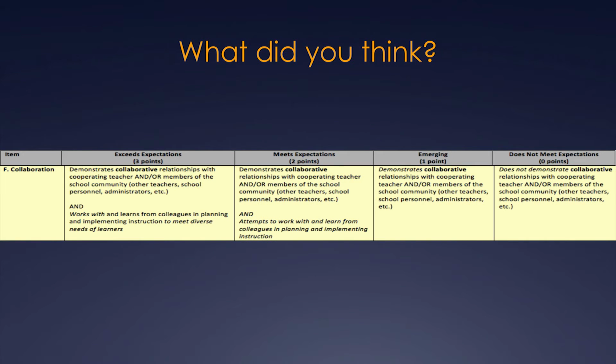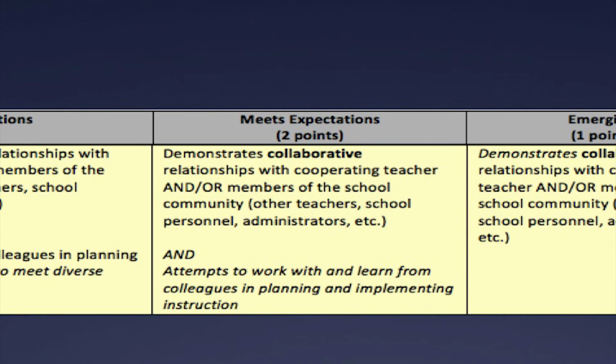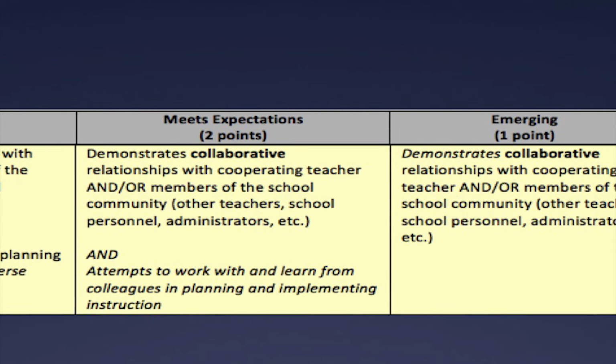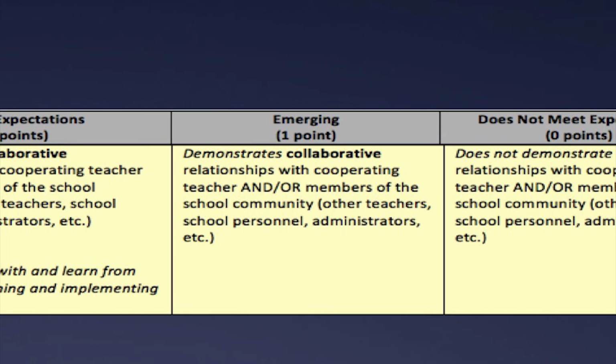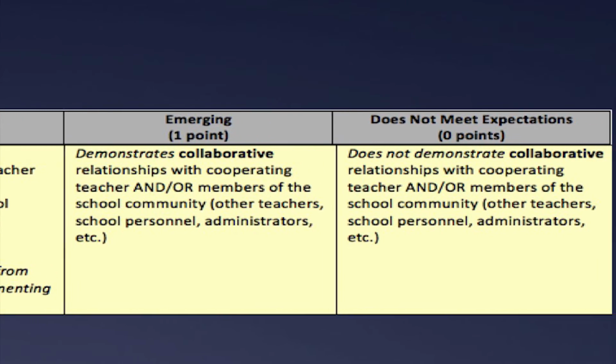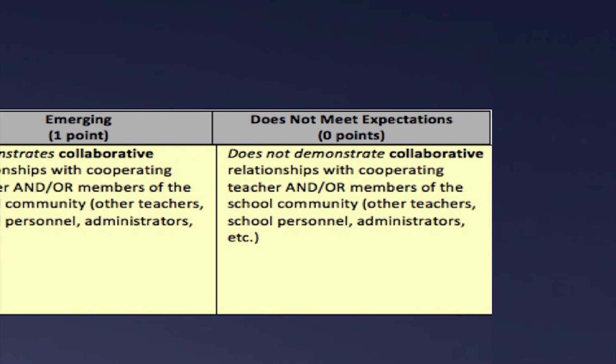Briefly, take a look at the collaboration row. Was there anything about Ms. Flick's behavior that gave you any indication of how well she collaborates with the professionals in her placement? Considering she did not know the occupational therapist was coming in that day and hadn't communicated with her cooperating teacher about the plans, we might assume that she is not effectively managing the schedule and working with others. Also, Ms. Flick should know all of the adults' names within the classroom. Because she does not, there is some indication that she does not regularly collaborate with them as well. If Ms. Flick's behavior in this clip is part of a pattern of behavior, she would receive a 0 on this row.